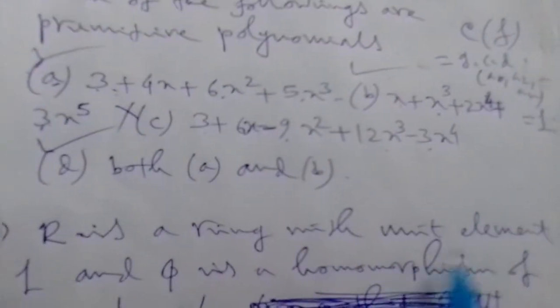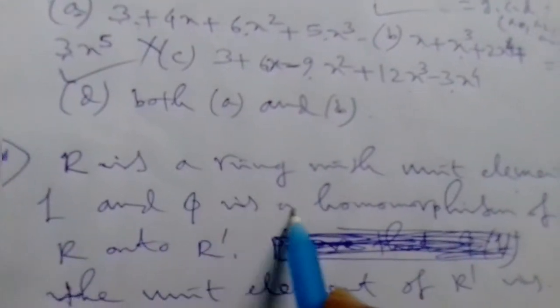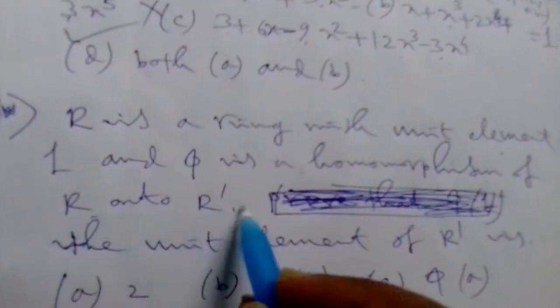And now for the next, if R is a ring with unit element 1 and phi is a homomorphism from R onto R dash, then the unit element of R dash is: 2, phi of 1, phi of a, and none of the above. At first we have to solve this. If we consider like this, phi is a homomorphism from R to R dash, and R dash is the homomorphic image of R. If 1 is the unit